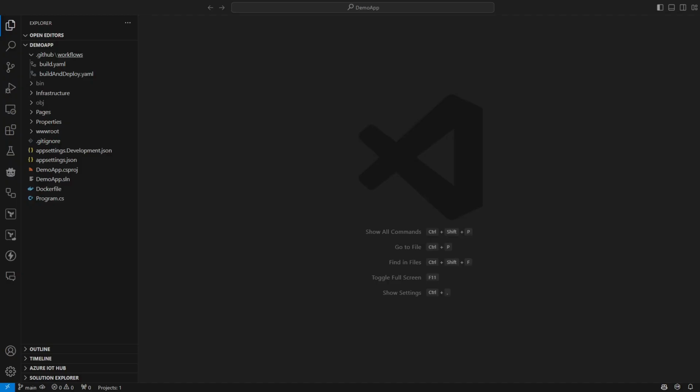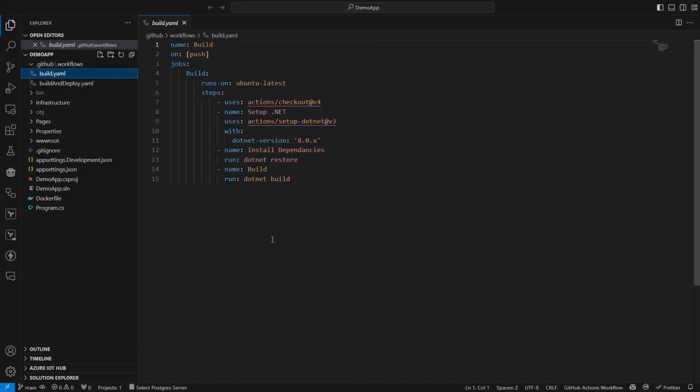Okay, so let's now have a look at some CI/CD pipelines, specifically using GitHub and GitHub Actions. So I have these two pipelines here. I'll go through this one, build, first. What this pipeline is doing is building an application. We have a basic .NET application here, just a demo application.